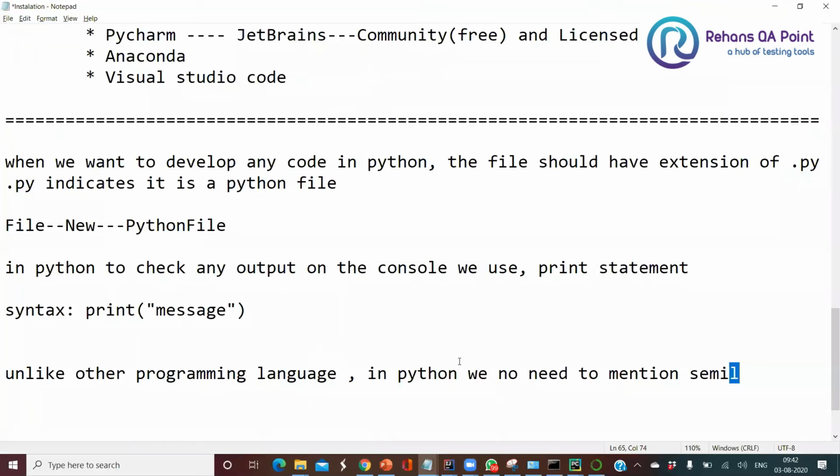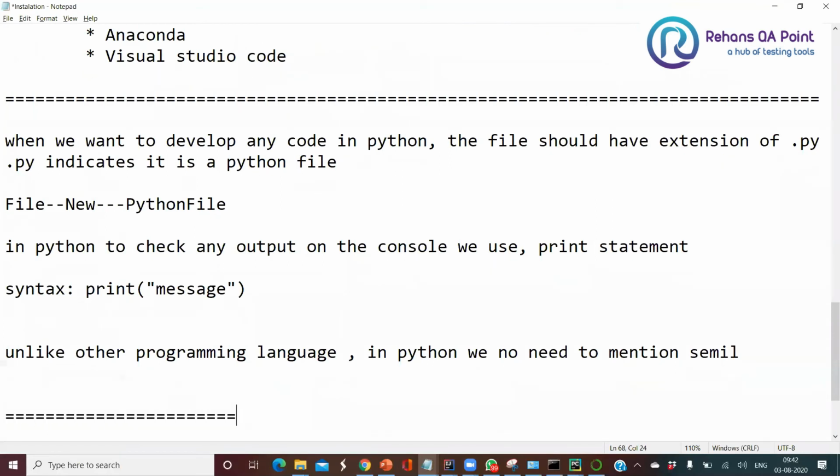So with this, we'll conclude that the installation process is completed successfully. For Visual Studio Code, let me keep it on hold. I'll tell you when we want to use Visual Studio Code. At this point, it is not required for us. Okay, it's too early to speak about Visual Studio Code. It is not required.